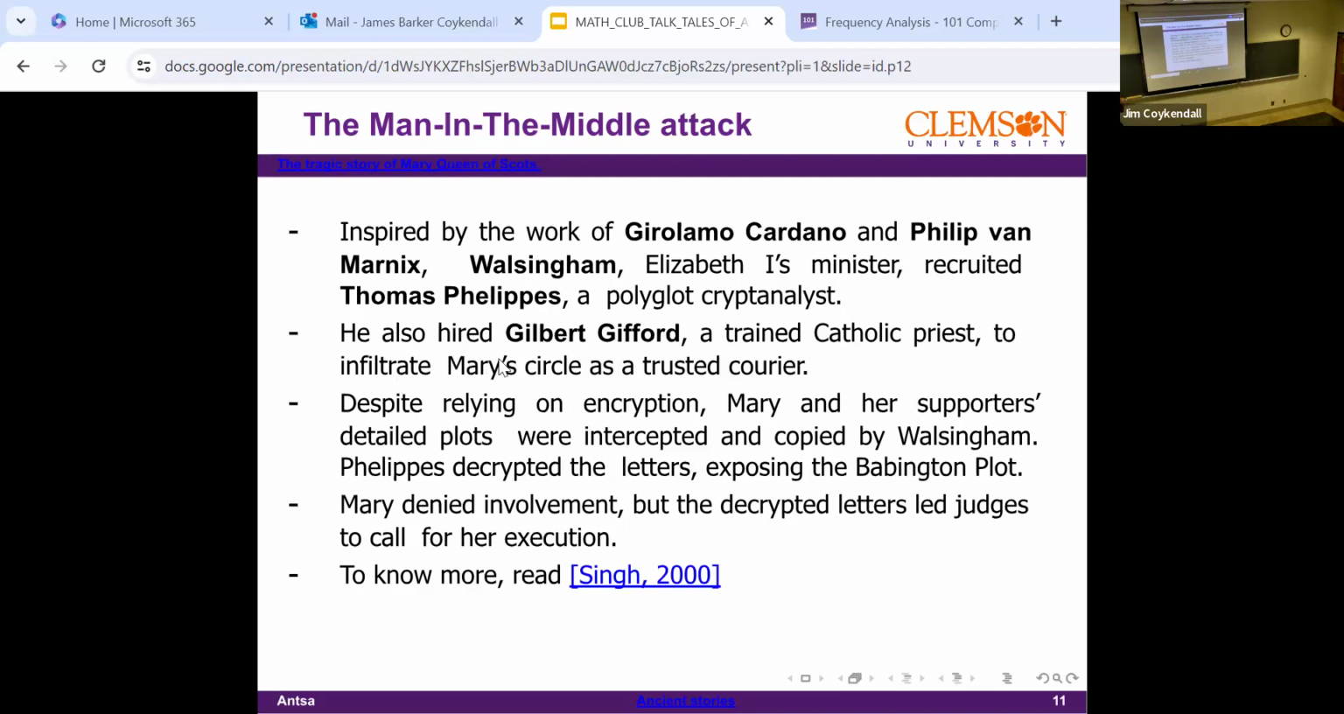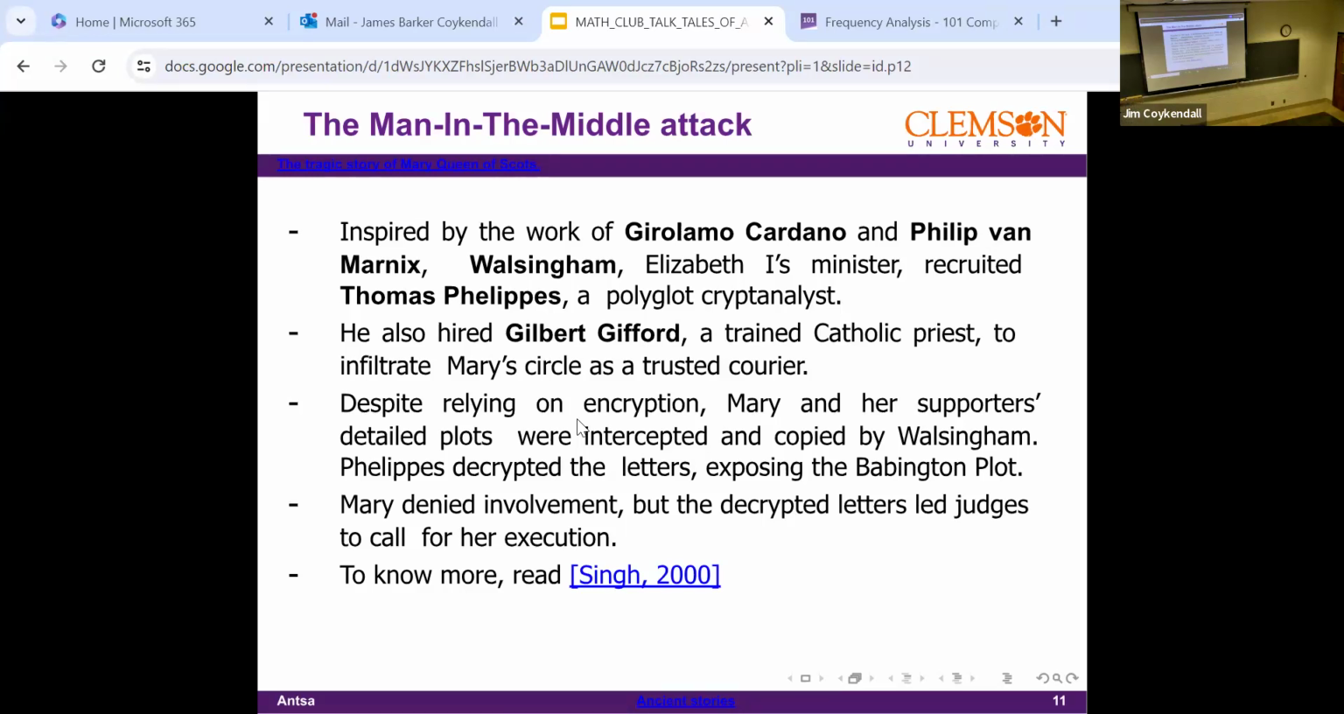The minister also hired a guy named Gifford, who was trained to be a Catholic priest, and they were forced to infiltrate Mary's circle as a trusted courier, because if a priest comes to you and tells you, I'm gonna help you, that was the normalest thing to do. Yes, right? Although they were relying on encryption, which is not good,